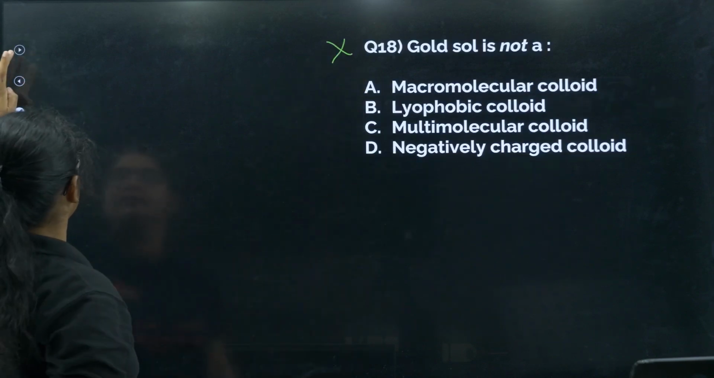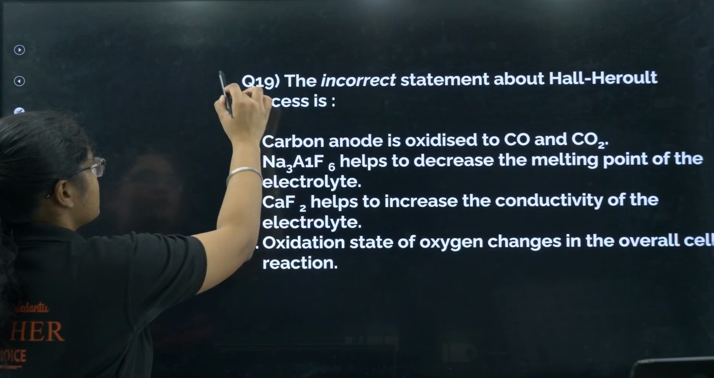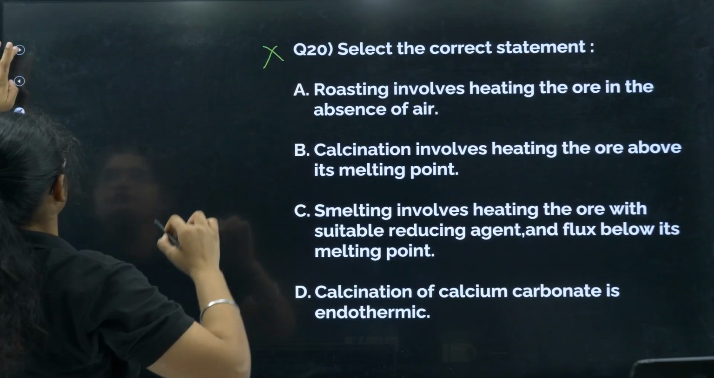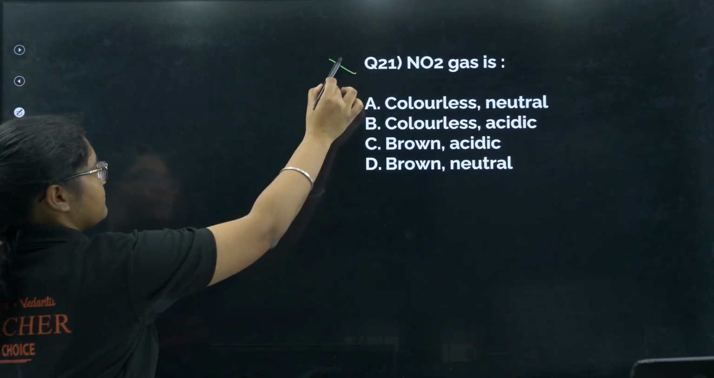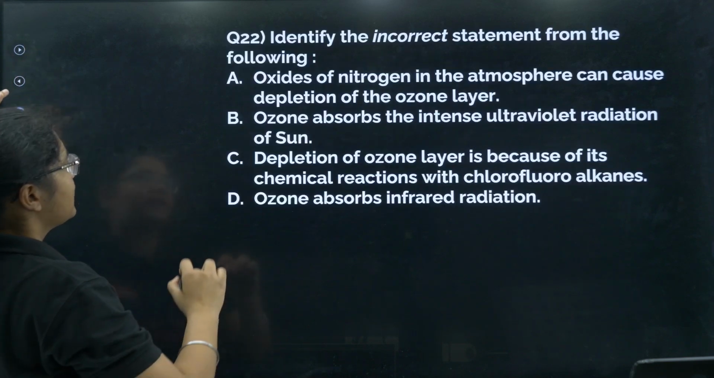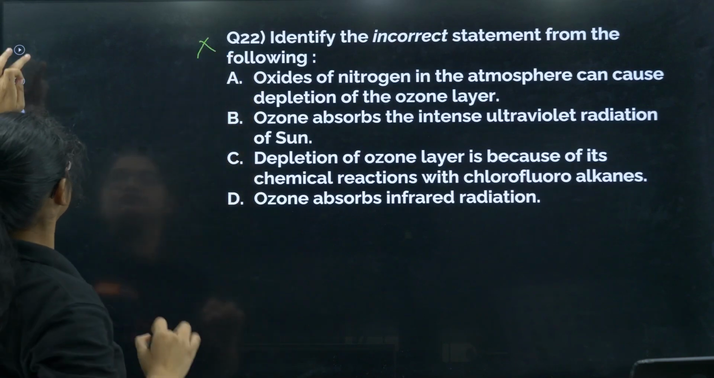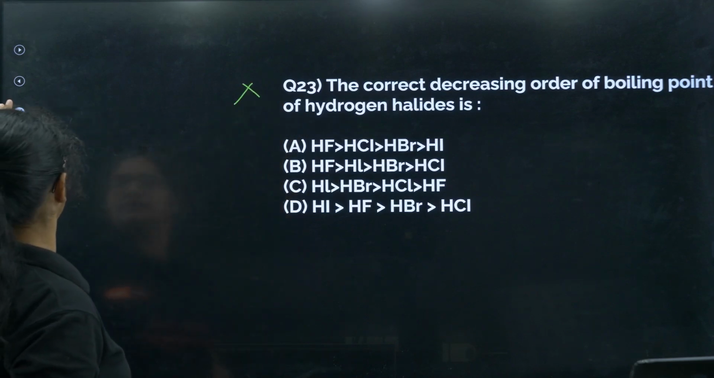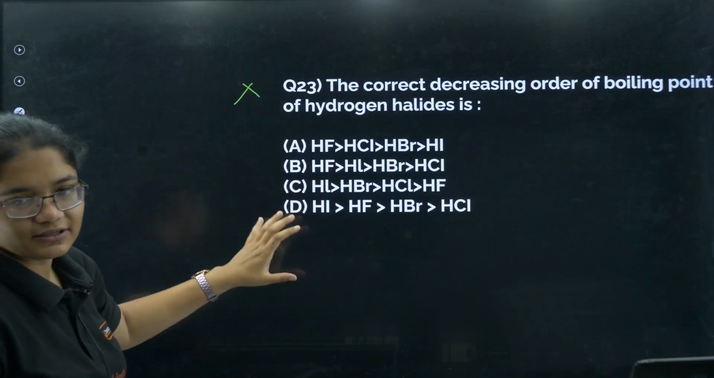This is also from the deleted portion, no need to study. This is also from your deleted portion. Next, this is also from the deleted portion. Next, this is also from the p block element, deleted portion, and oxides of nitrogen, this is also deleted. Then here also we have deleted, okay, this is also deleted actually, but you can say